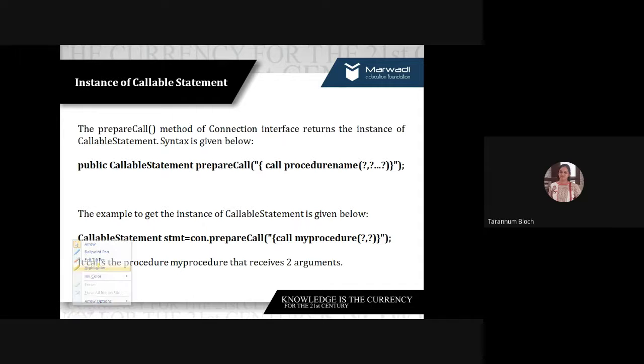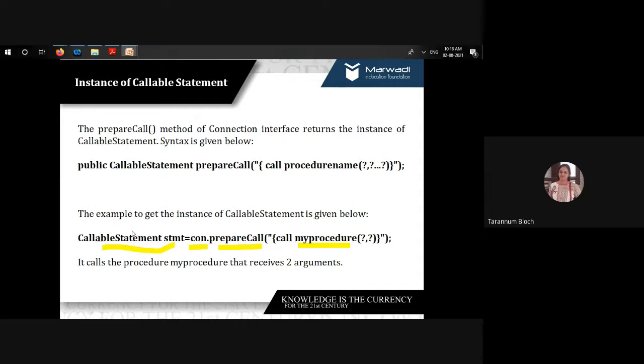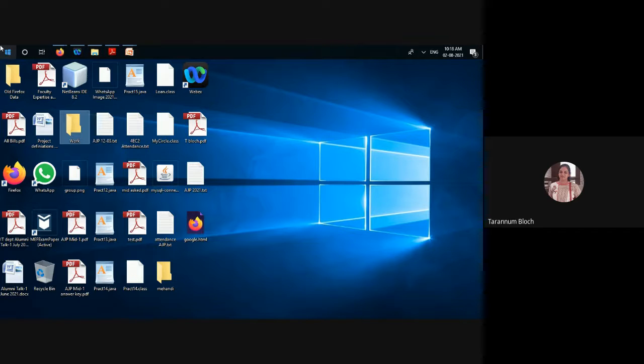Let us suppose we are creating a procedure named my procedure. We will call it using the method prepareCall, which belongs to the Connection interface. We can write a Connection interface object con and call it. This will return us an object of CallableStatement. We will create an object and with the help of the execute method, we will execute the stored procedure in our Java code. So first of all, let us understand how to create